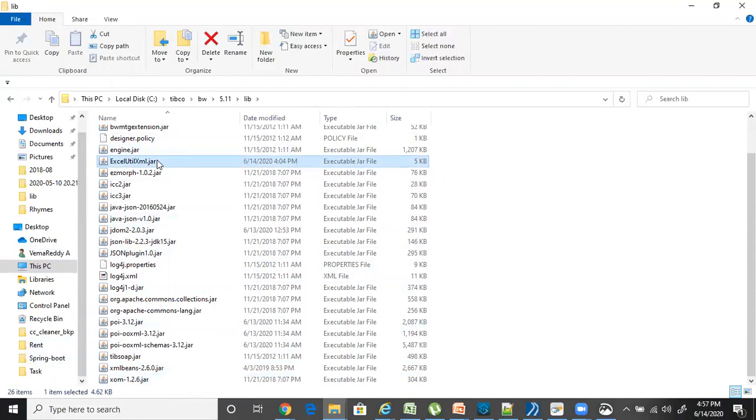This is a jar file that has all the code for converting Excel to XML to Excel. But the remaining jar files like POI, POI XML, POI XML schemas, XML beans, and more are all part of Apache POI, and this is one more for JDOM. JDOM is for manipulating XML. All these things I placed in here.